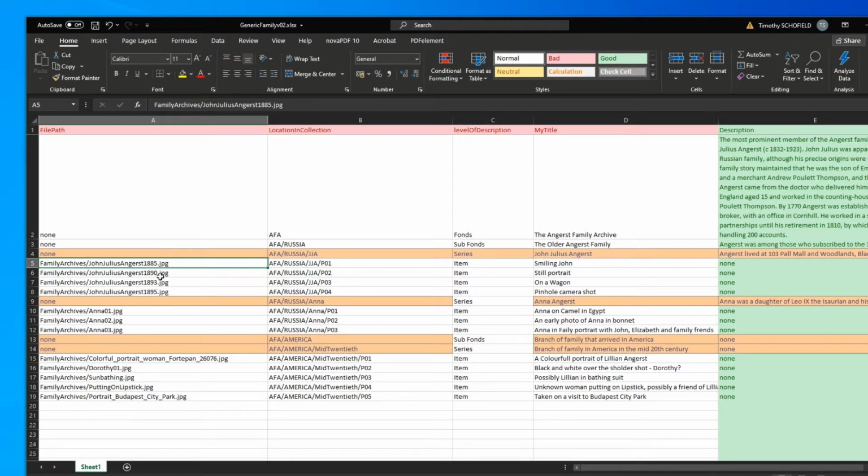And this column, the file path column, describes the locations of the JPEGs. And this is a very important column. It describes the structure of the collection. You can see it's a hierarchy which starts with a root node called AFA and goes right down to these